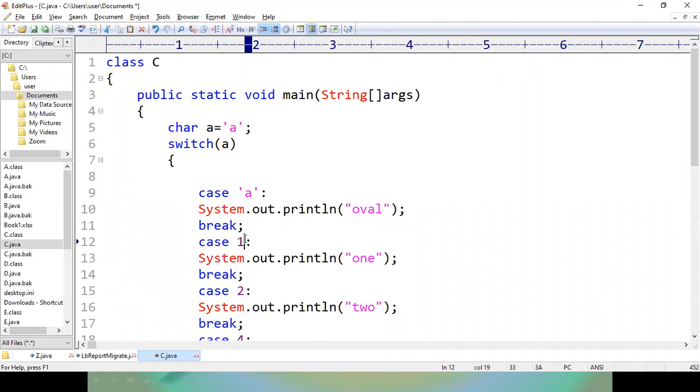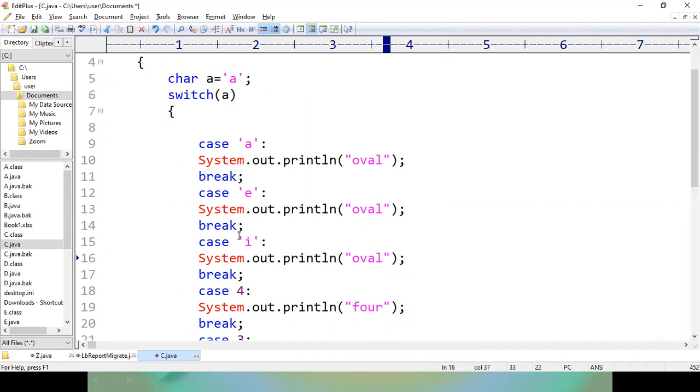In case the given character is E, again I want to print it as a vowel. In case the given character is I, for that also I want to print vowel on the output screen.